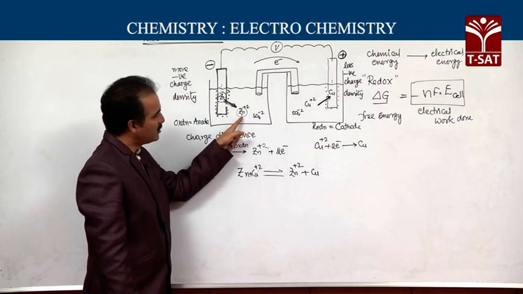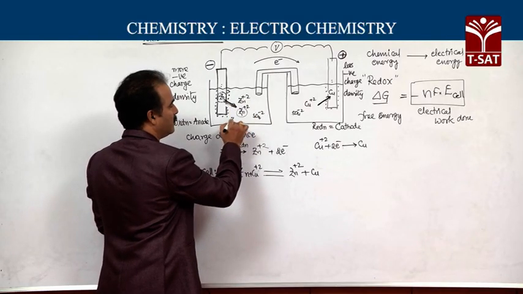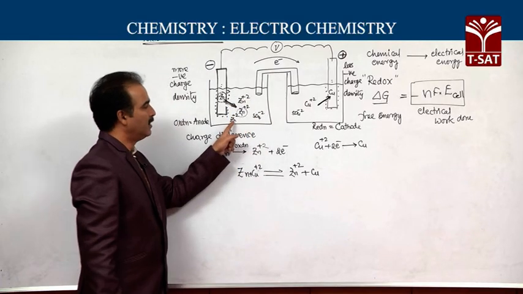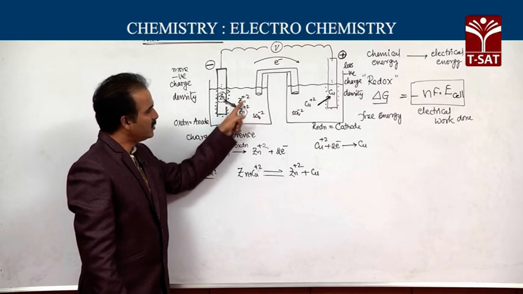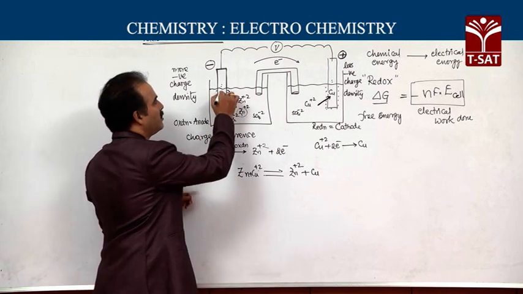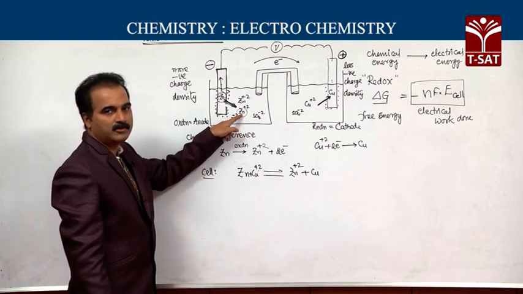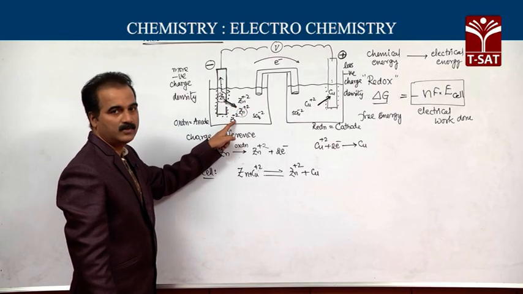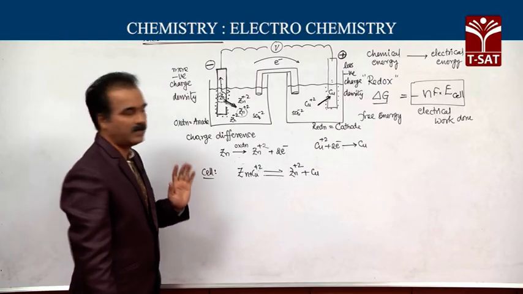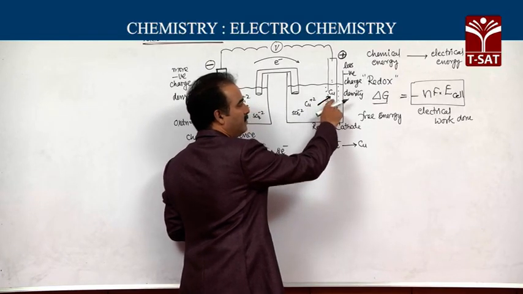And due to more zinc plus 2 produced in solution, the solution turns positively charged. The accumulation of positive charges prevents oxidation of zinc. Zinc entry into solution will become tough. It is opposed by the existing zinc plus 2. So, oxidation will become tough here. Similarly, as copper plus 2 is undergoing reduction,